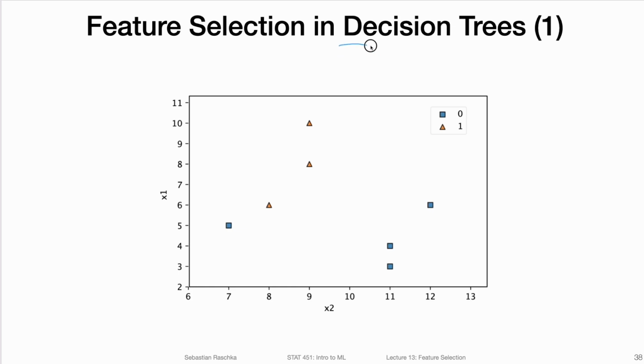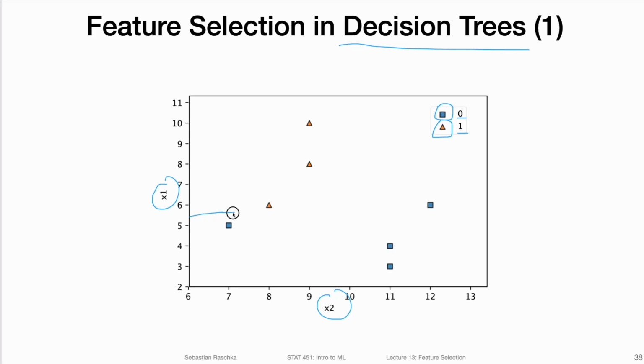So let's start by talking about decision trees. And in particular, we will take a look at an example data set first, and then we will briefly see again how a decision tree would split this data set. This is an example I took from the previous decision tree lecture. So you may recall this figure I'm showing you. It's quite a few weeks old, but maybe you recall we had two features here, x1 and x2. And there are two classes. There is the square class and this triangle class here. So that's class label 1, and the square is class label 0. And the goal here is to classify the data points like in a regular classification example.